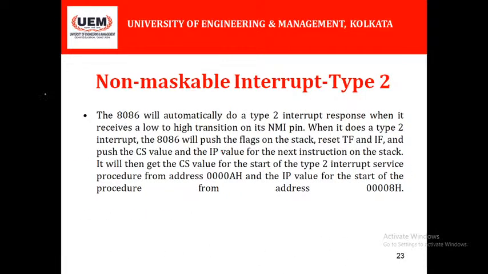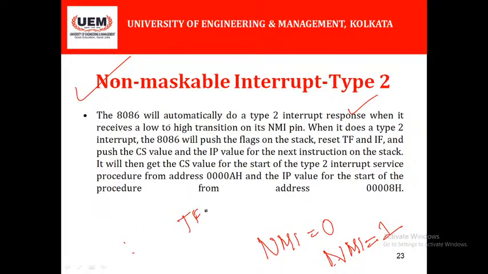Next is the non-maskable interrupt, which is the type 2 interrupt. The 8086 will automatically do a type 2 interrupt, which is the non-maskable interrupt response, when it receives a low to high transition on the NMI pin. So previously, before the non-maskable interrupt, the NMI pin is low or 0. When the non-maskable interrupt signal comes to the NMI pin, it becomes 1. As simple as that. When it does a type 2 interrupt, the 8086 pushes the flags on the stack, resets the trap flag, that means the trap flag becomes 0, resets the interrupt enable flag, the interrupt enable flag becomes 0, and